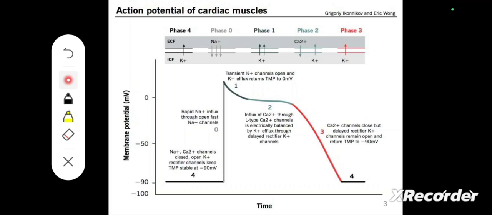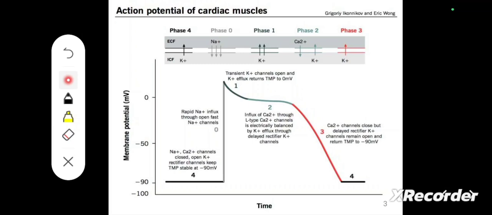The influx of calcium ions is not enough to induce contraction, so instead it triggers the release of stored calcium ions from the sarcoplasmic reticulum. That process is known as calcium-induced calcium release, for the contraction of